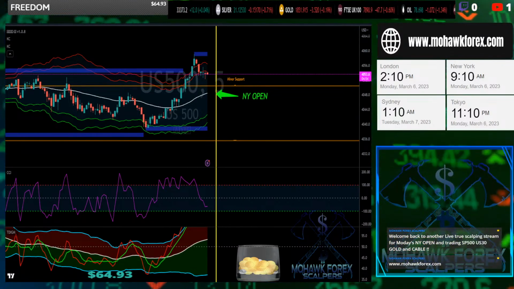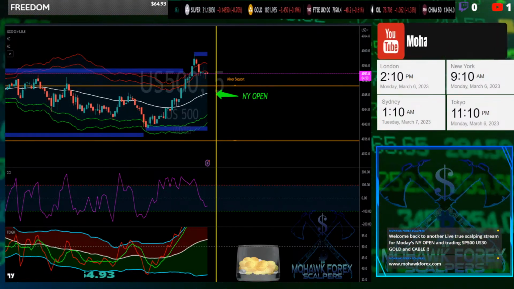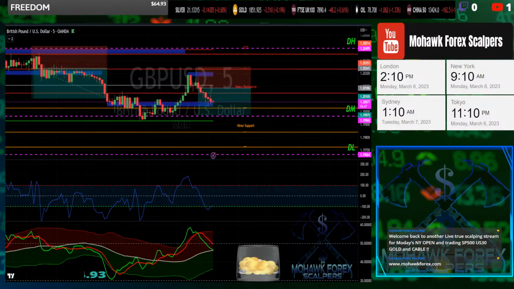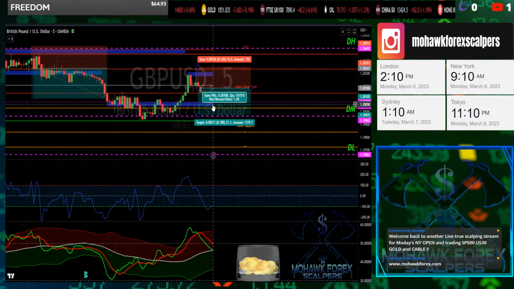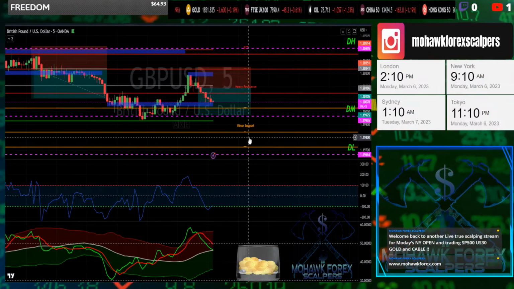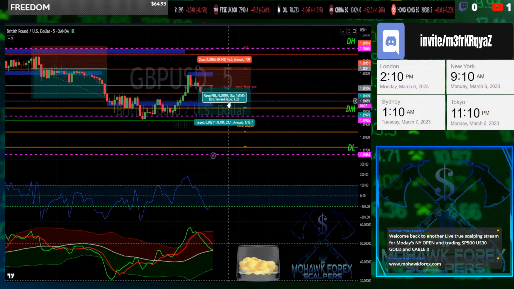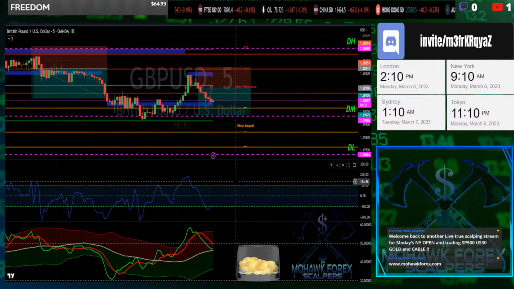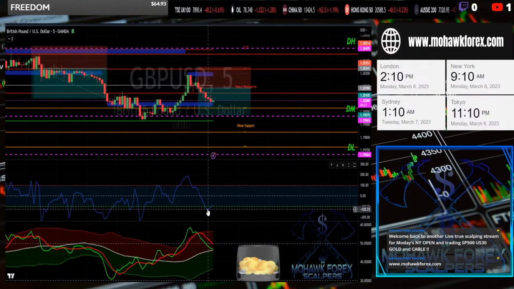Stick on the bigger time frame. So we'll keep an eye on our cable trade as well, see if it breaks this support, or we'll end it before the open anyway. Wherever we are, we'll end this trade. So that's doing quite well at the moment. TDI still got to come down a little bit,